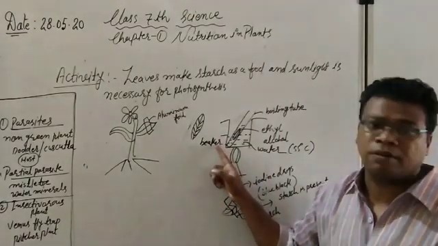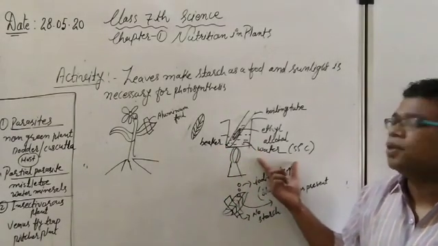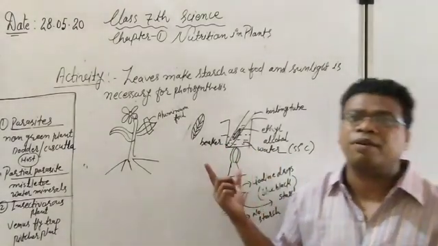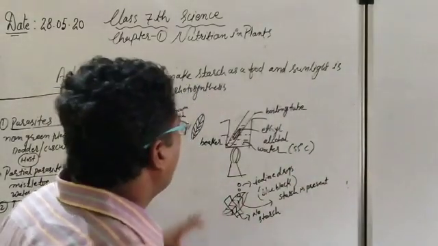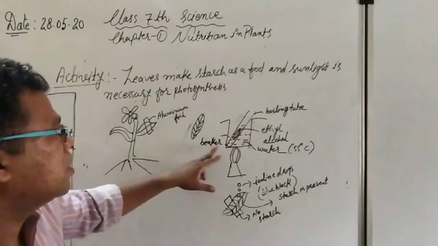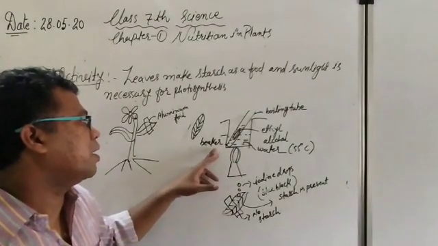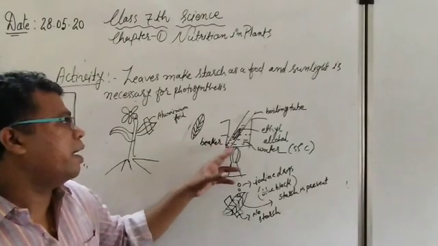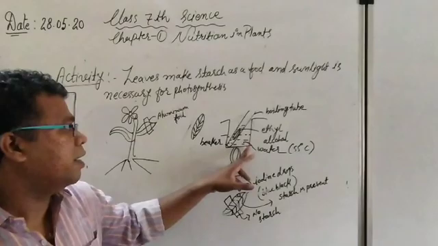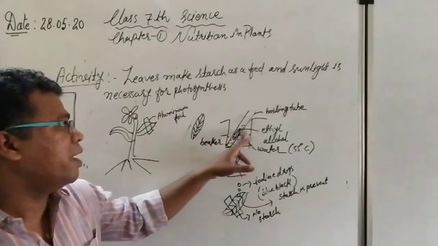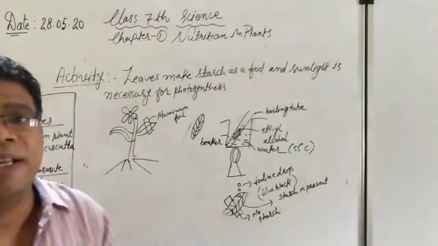We have to take a beaker. Inside the beaker we have to fill water. In the figure you can see it, and you can even see that figure in the book also. So what am I doing here? I have taken one beaker made of glass, or any pot you can say, and inside the beaker I have filled water, and inside the water I have placed one boiling tube.